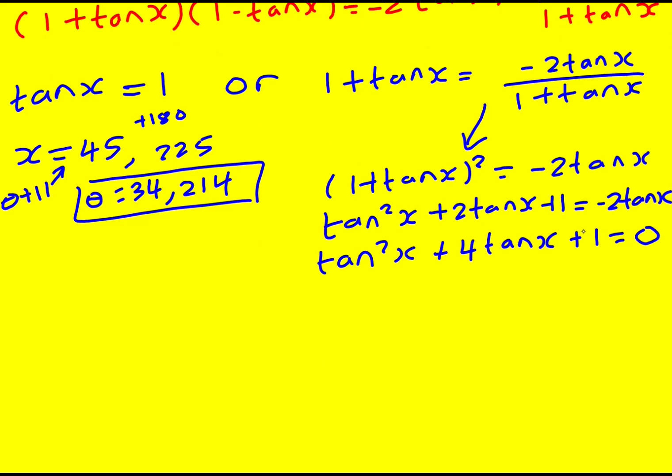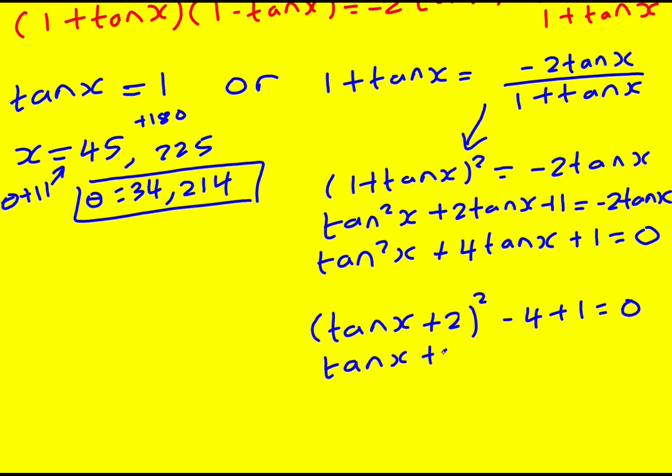The other one did, but there's no way this will now. You can either use the quadratic formula, or we could complete the square in terms of tan x. So it would be tan x plus 2 squared. That'll give us tan squared x plus 4 tan x. Then I would need to minus 4 and add 1, get 0,